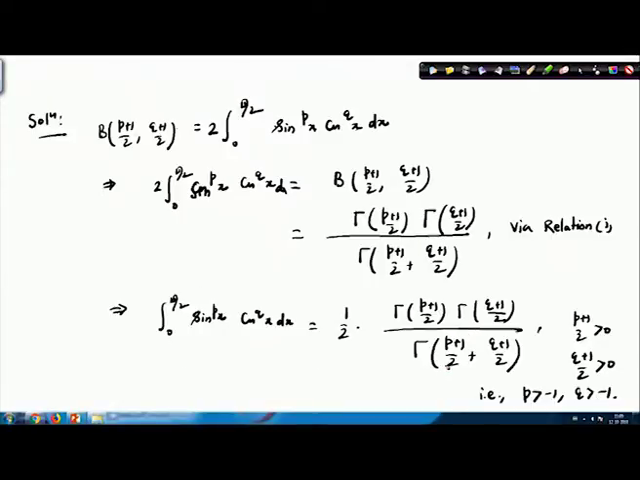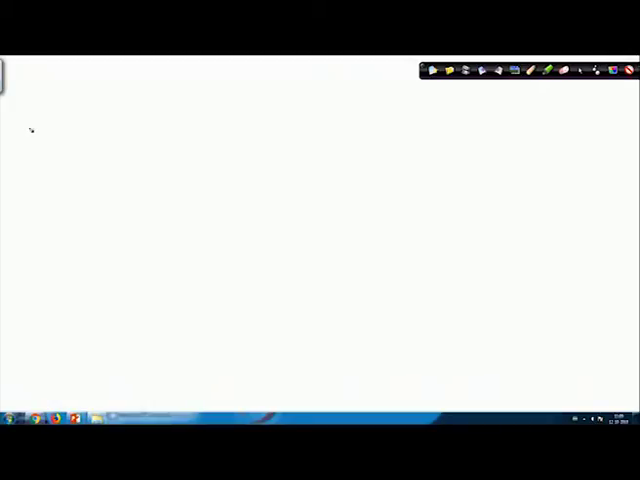Now, let us see how we can obtain the value of gamma half. To obtain the value of gamma half, that will be our relation 3. So gamma half is square root of pi by 2, or square root pi, sorry, not by 2, it is simply square root of pi. All right. So from the previous relation,